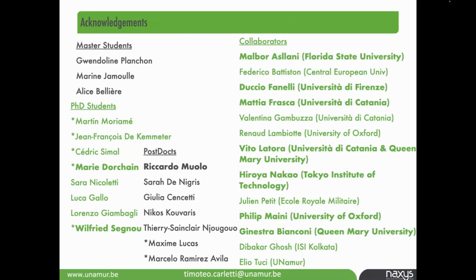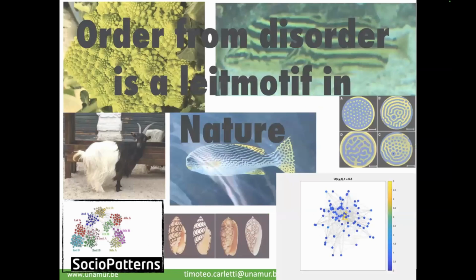So the starting point of my talk is the observation that if you look around us, nature has a lot of beautiful shapes that in some sense spontaneously emerge. So you have this idea that order, all these shapes, emerge spontaneously from disorder. Why disorder? Because if you think of this cauliflower, there are billions of cells inside, and in some sense they interact in some nonlinear way. But they are able to produce this regular, fractal shape, or it can be on the skin of the fish, on the shells, on some chemical reaction.